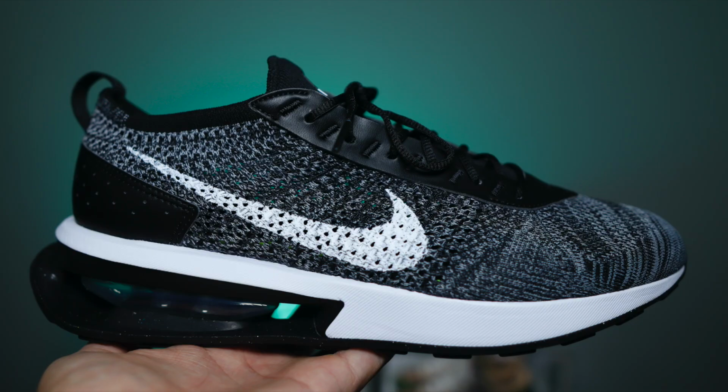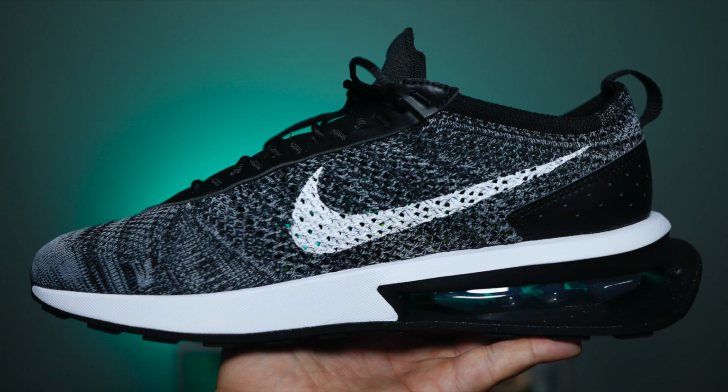Now when it comes to sneakers and sort of making a hybrid version of two silhouettes, sometimes it works and sometimes it's a total disaster. But if there's one thing I'm hoping that you take away from this video, it's whether this sneaker was a good idea or not. Or whether Nike should have just left these two alone. But with all that aside, let's talk about the box because this one might be a game changer